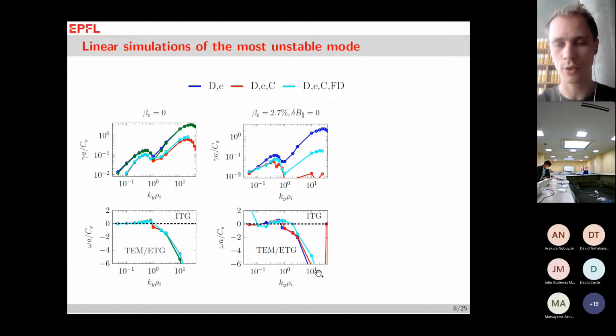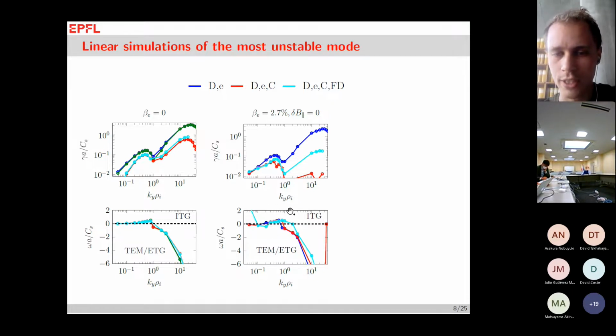What's interesting, though, is if we look at the real frequencies, you can see here that we have a new set of modes if we compare with the corresponding electrostatic case. First of all, if you look at fast ions, we have a high frequency mode that appears at very low wave numbers. And then we're going to come back to this later, as this actually is going to cause us various complications in the nonlinear simulations later.